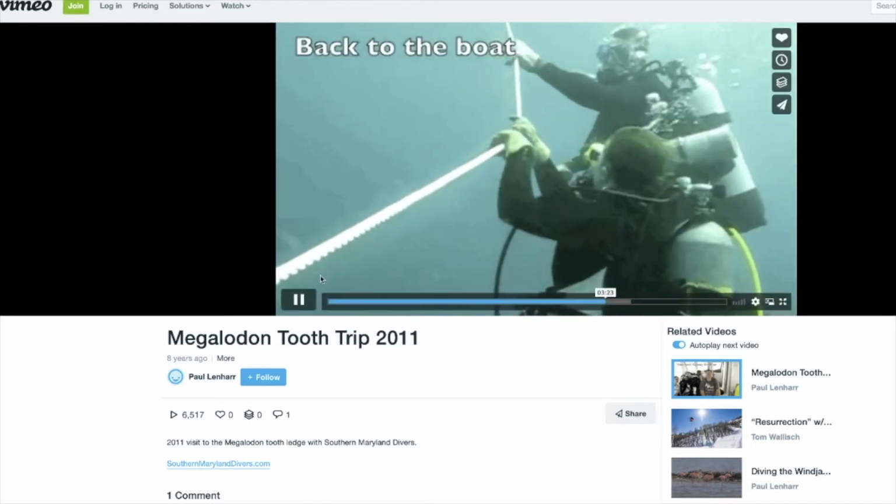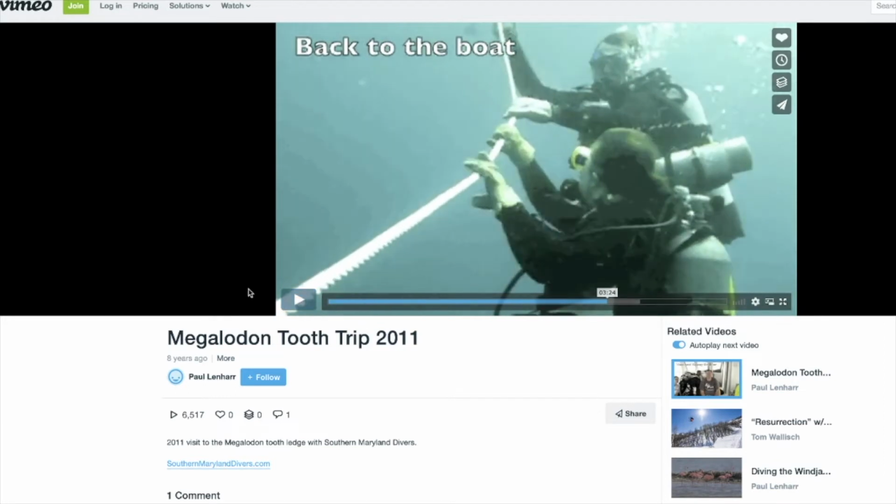The reason we suggest a pony bottle is because a lot of people get narrowed in on looking for those teeth, and once you start digging, it's more or less solo diving, because you can see the visibility got a little bit less there as I started digging. It doesn't ever get horrible, but you could lose sight of your buddy. And if you're right on top of your buddy, your lines are going to get tangled up, and you'll be causing each other some